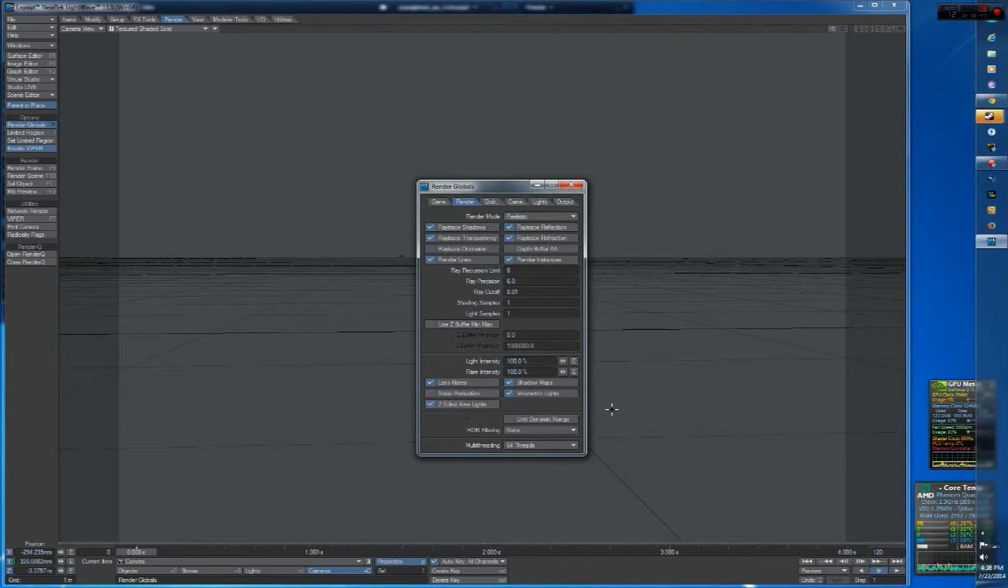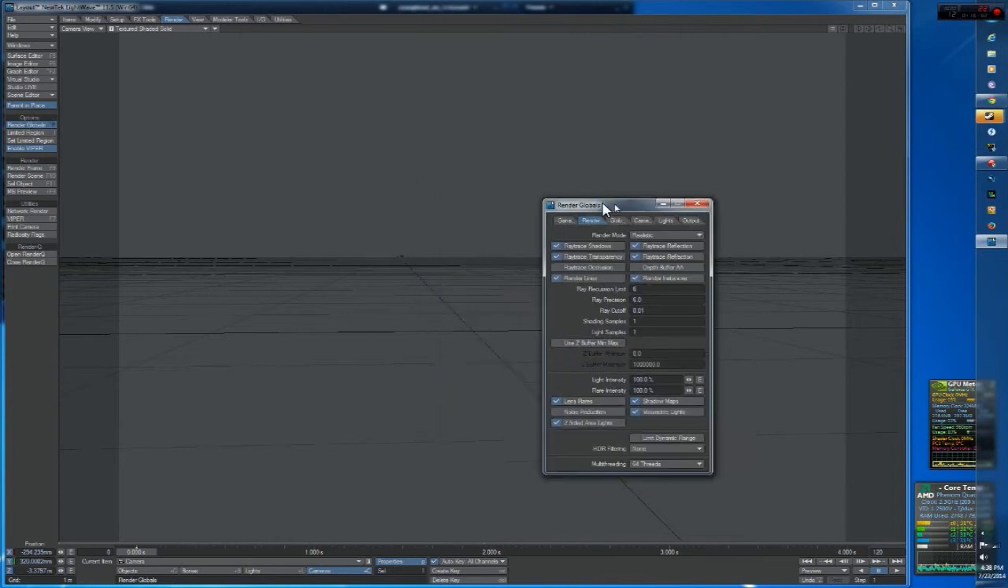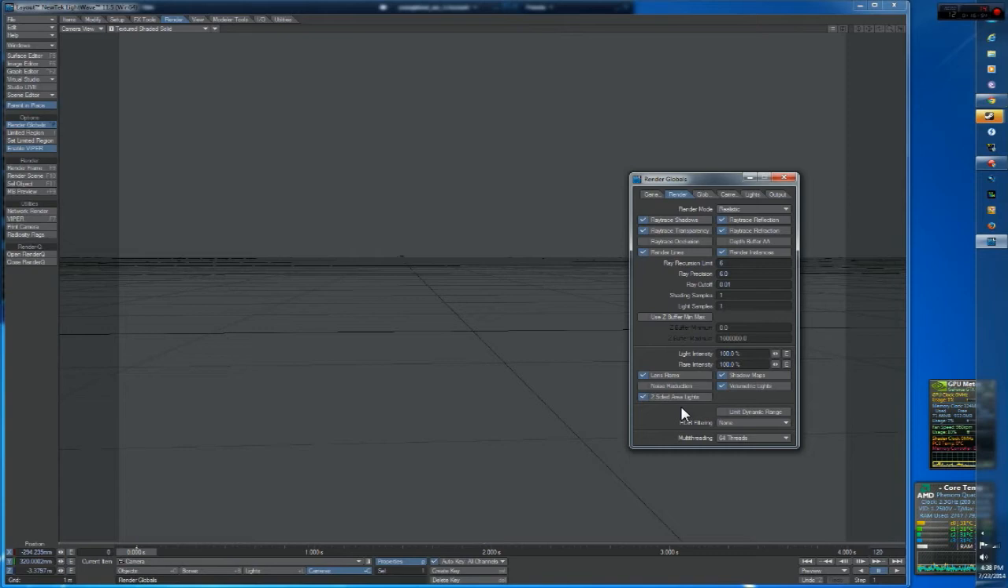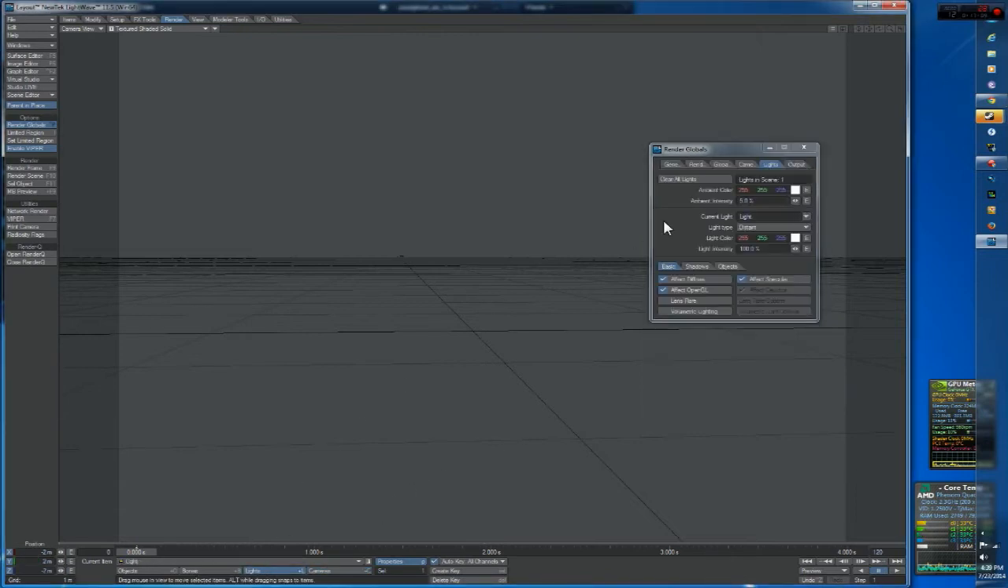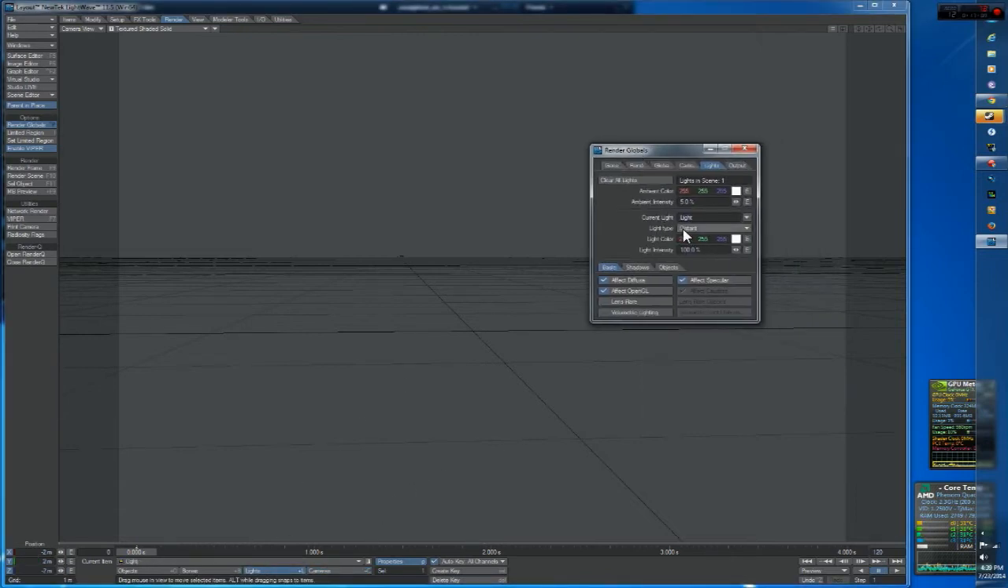Two-sided area lights. Oh yes, so this is an area light. Area lights create very, very soft shadows. They could be a bit of an issue to create, or to use, I mean, and it's just a type of light. So if we go into lights, we can change our light type to area, as you can see, and